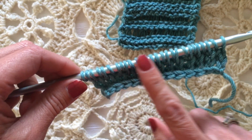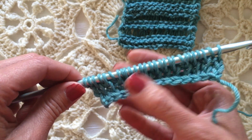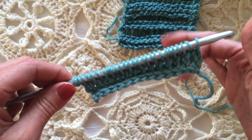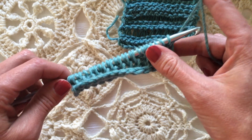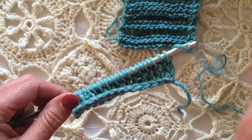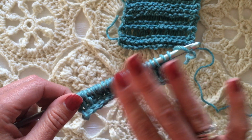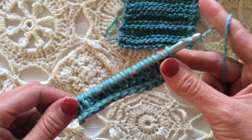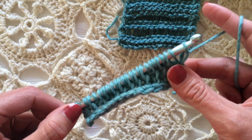Okay, you can count your stitches if you want, but really we have increased every stitch, and look how packed our hook is with stitches now. So this is the fun part. This is where the drop stitch magic happens. So what we're going to do now is chain 2. Now this is different than your traditional return pass. So the drop stitch return pass for this row only is chain 2,